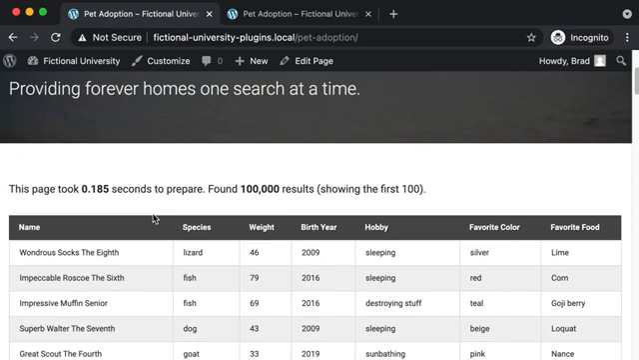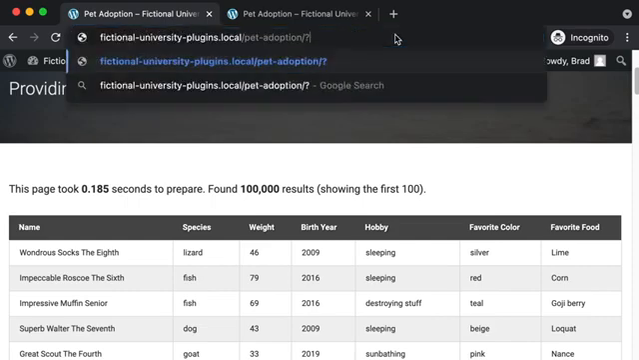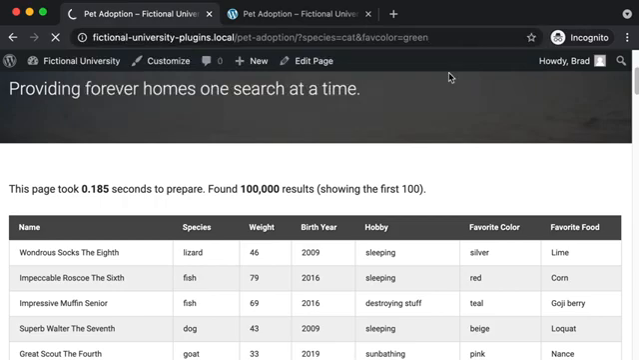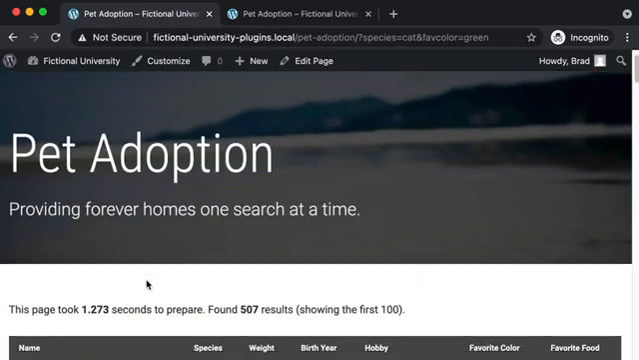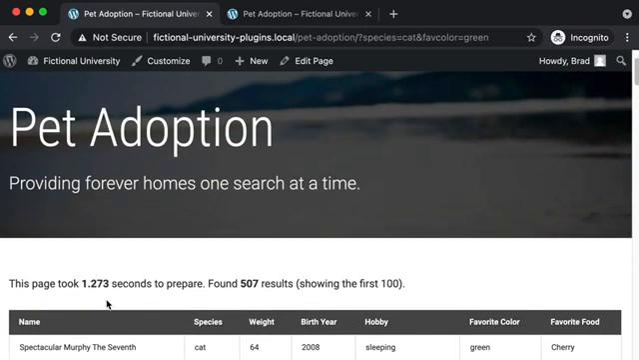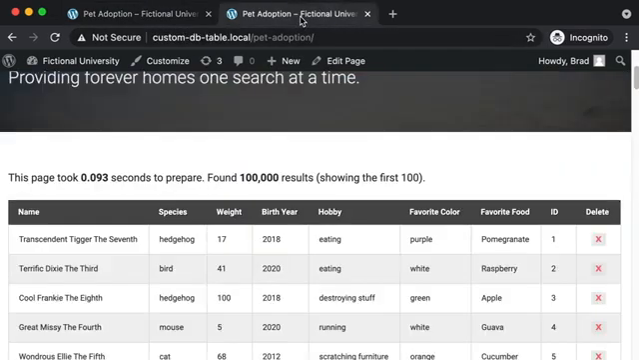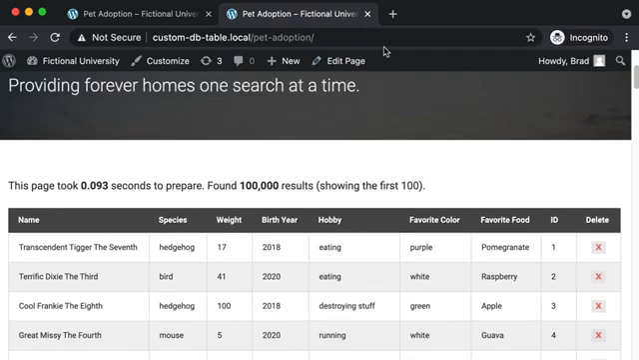However, what if we only wanted to see pets where the species is cat and maybe their favorite color is green? So for example, if I go up into the address bar and add on species equals cat and fave color equals green and press enter, well, you can see that the WordPress way of doing things took 1.2 seconds, but if I try this exact same search or query in my custom database solution,